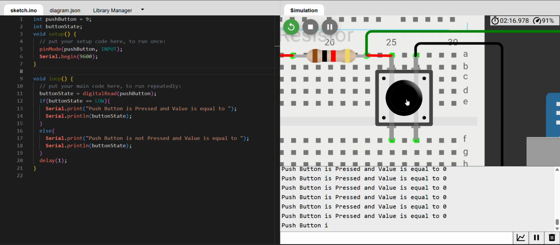What does active low mean? When I press the push button, we get the output voltage as 0, that is low. It means whenever the push button is active or on,